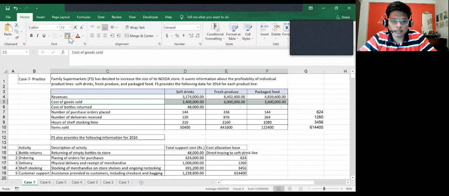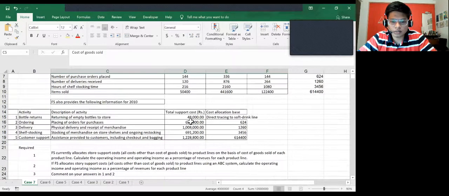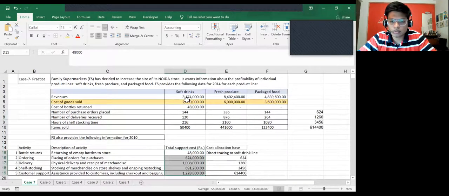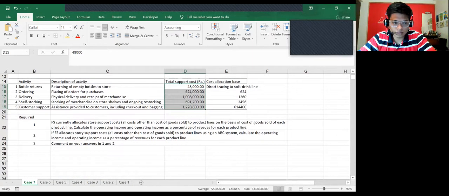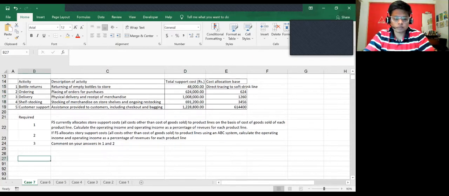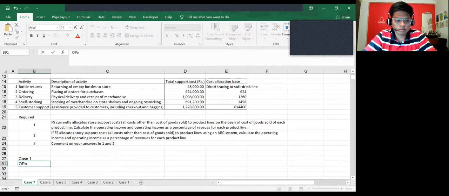So it's saying that it allocates this entire cost of 36 lakhs on the same ratio as soft drink, fresh food, packaged food. And then it says to calculate the operating income and operating income as a percentage of revenue for each product. So let's quickly do this part. So case one, sorry, 1 second.